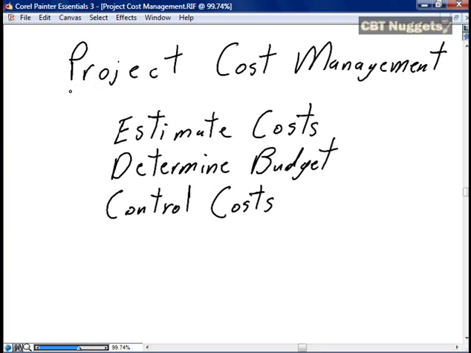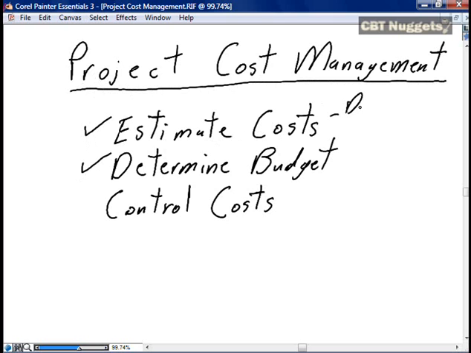This nugget is the first of two in the series on project cost management. This nugget is focused on the first two elements, estimating the project costs and determining the project budget. The first of these, estimating the project costs, determines